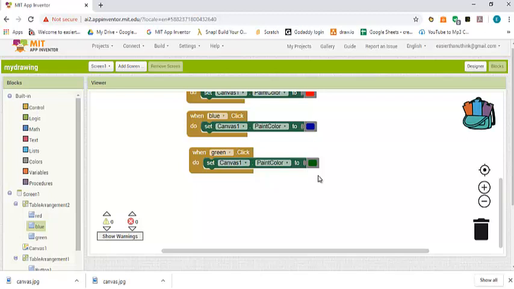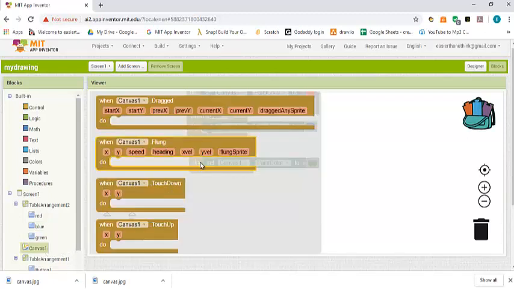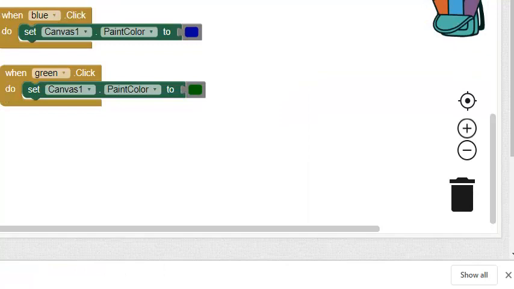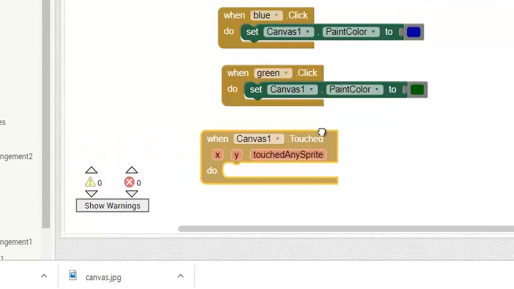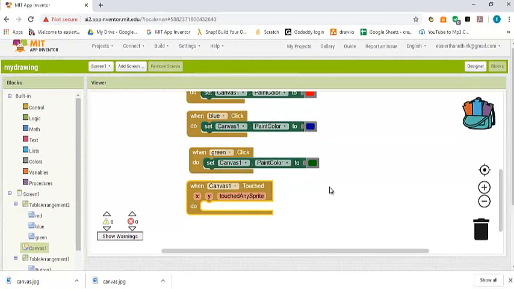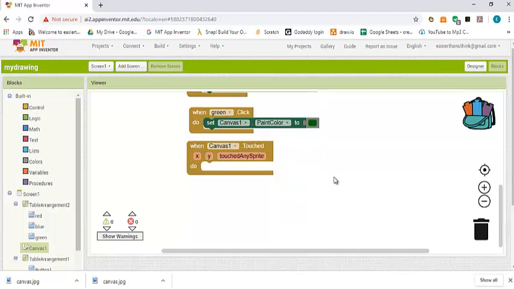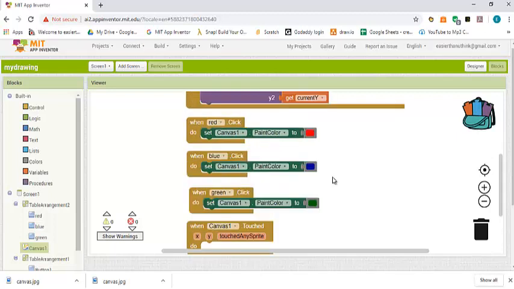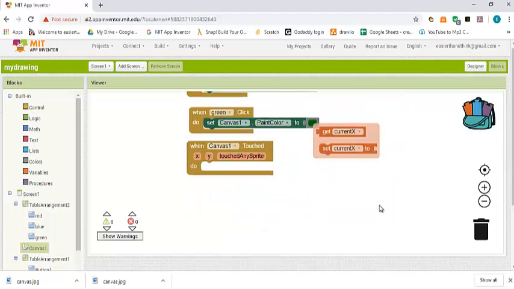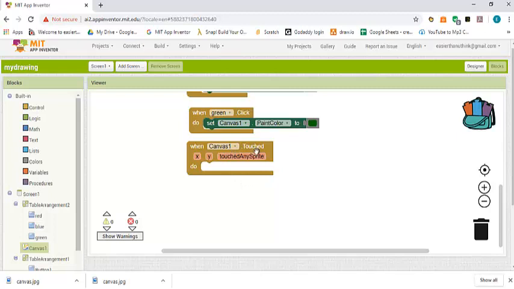The next one that we want to do is, when we touch the screen on our device, we want to be able to draw circles. So for this one, I'm going to go on canvas again, and I'm going to drag and drop canvas touched. This block is going to be activated as soon as I touch the screen on my device. And what I want to do is draw a circle with a radius equal to radius size. So as soon as the canvas is touched,